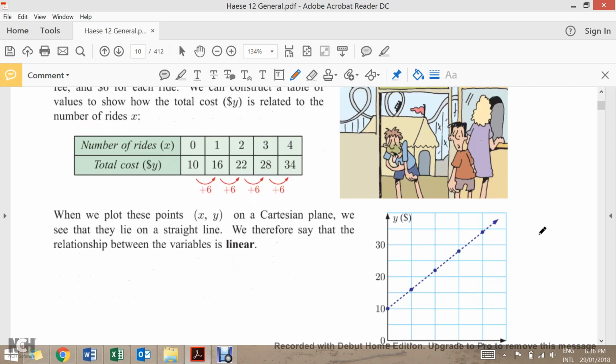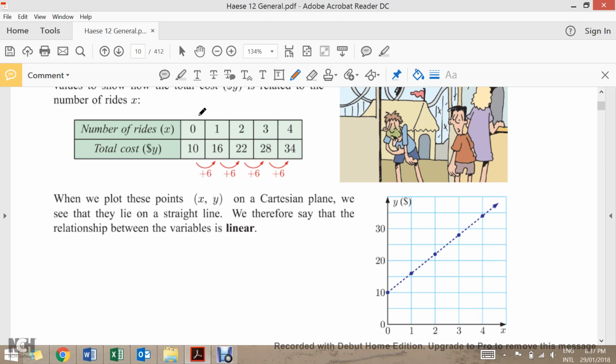Fantastic. So what we do is we can then graph the number of rides people have gone on versus the total cost. And this guy shouldn't have eaten that hot dog before going on the roller coaster. What a scrub, man. Anyway,